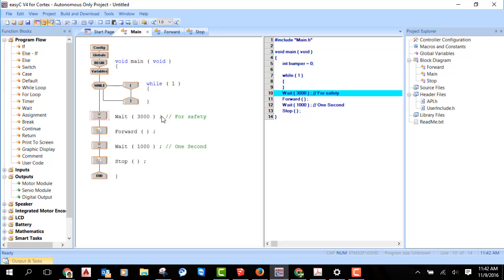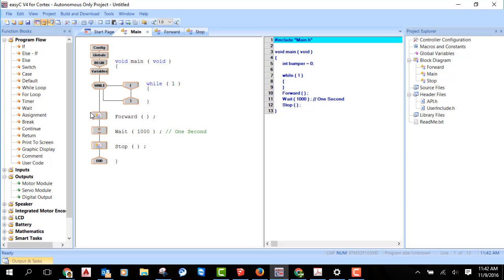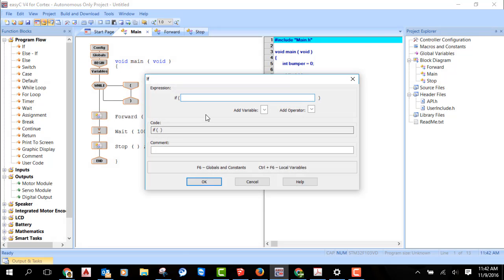Now, we don't need this wait for safety anymore because we've added the button. The button's going to be our safety. So we're going to delete that. And then we use an if statement. And we're going to say if the bumper, if you remember from the online window, the value we're looking for is when we press it, which is 0. So when the bumper is pressed down,